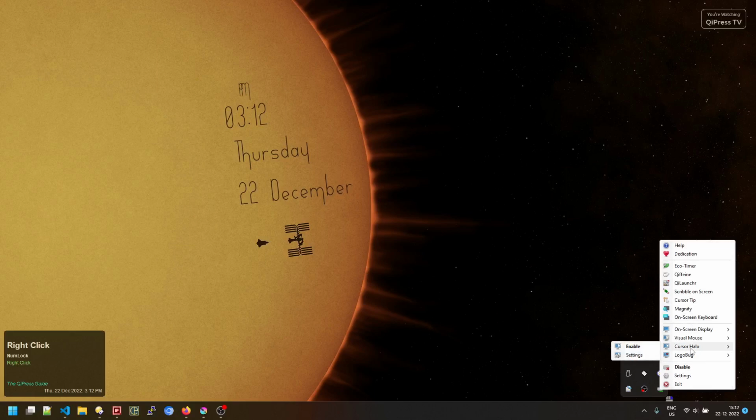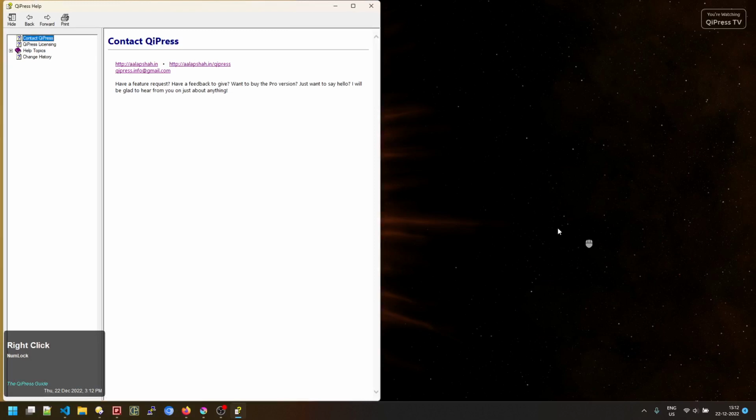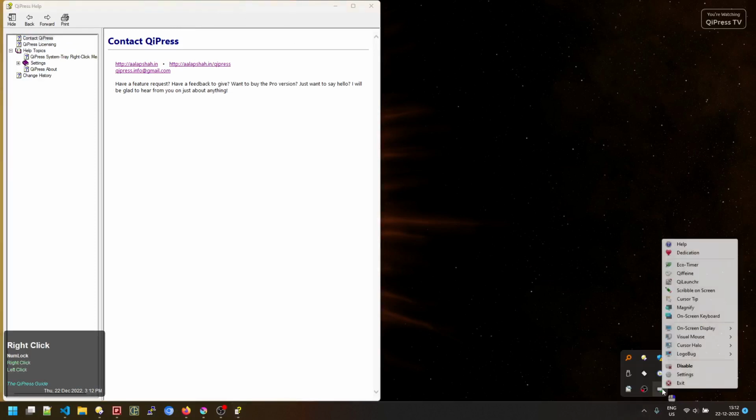Now the first thing that I'll do is open up the help part, and this is a help file and I'll keep it open on the left part of my screen. Okay, so here I am again, and so you see a number of options. Now these are what I call quick settings, which can be set directly here. Mostly they are enabling or disabling certain components of the application, and sometimes, like in this case, you can